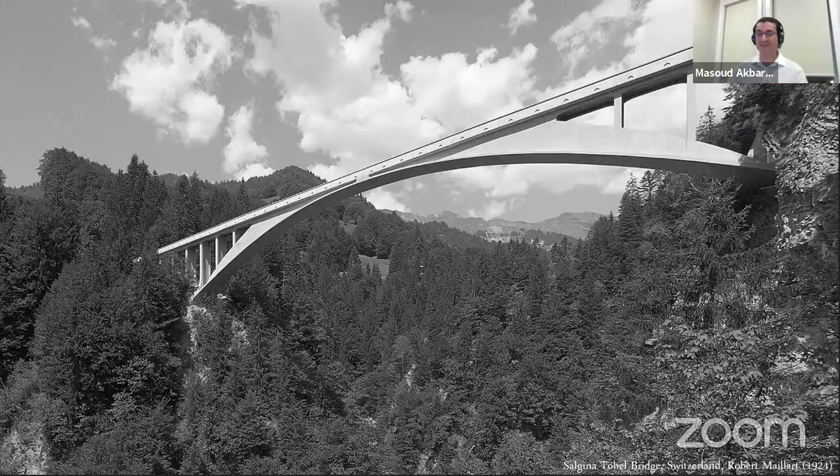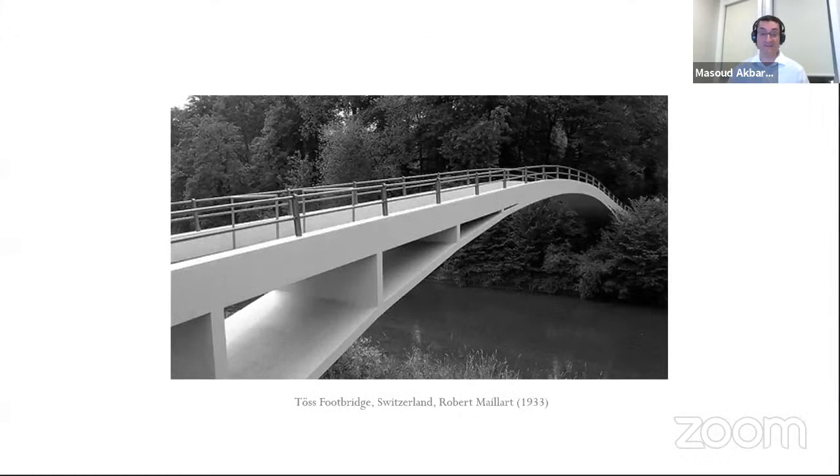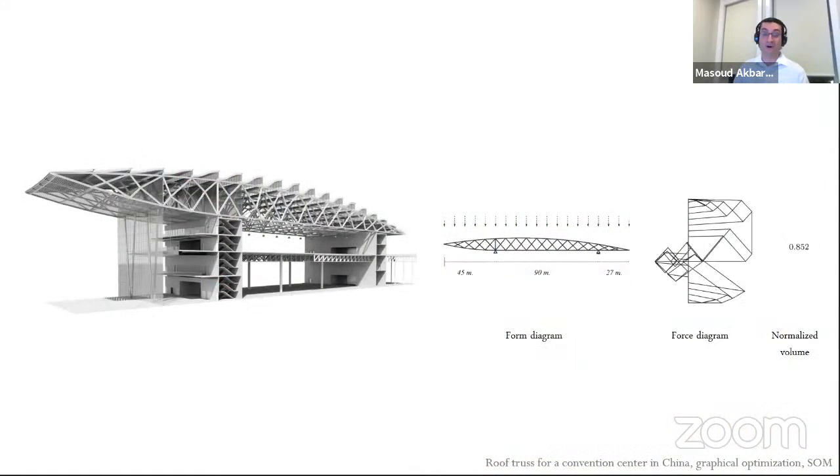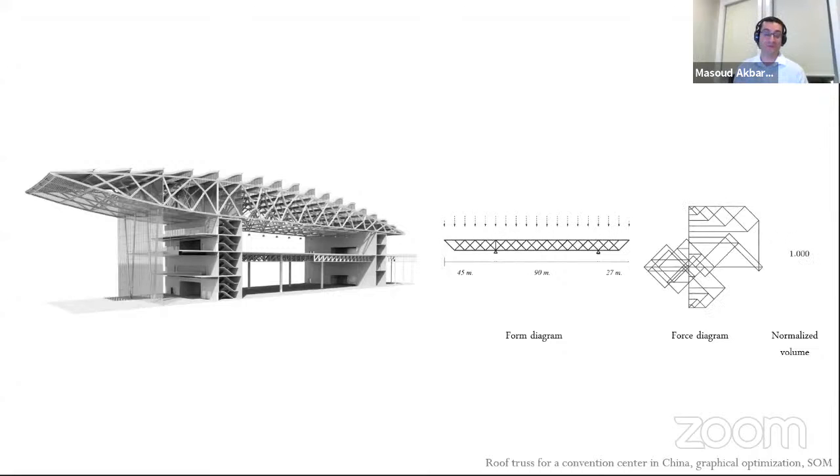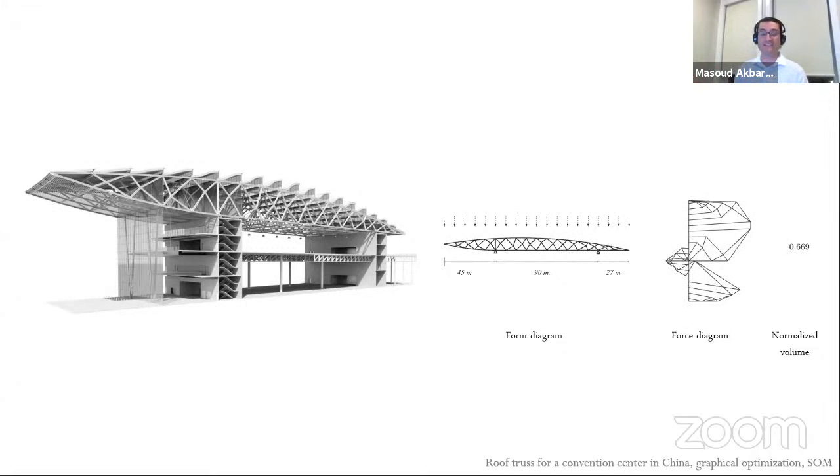If you've seen this, or you haven't, you have to see it. And if you get a chance, you should definitely visit this bridge in Switzerland and many other bridges that he designed. He was also using graphical methods. To more contemporary engineers like William F. Baker, it was also brought to my attention that Bill has a research group, and in his research group they are applying these techniques even today in the design of efficient structures. For instance, in this case, they are using graphical methods to optimize the use of material, and the form is extracted from the optimization of the force diagram. But clearly what you see here is